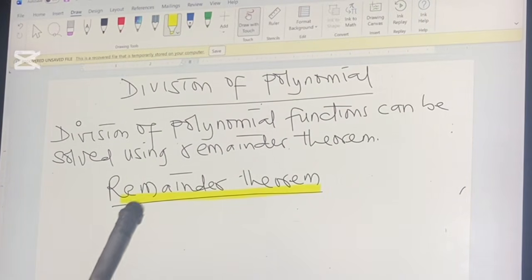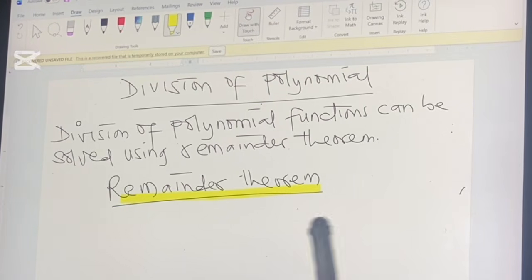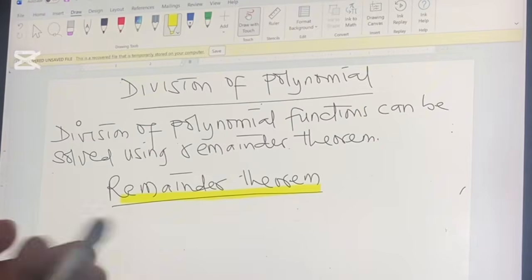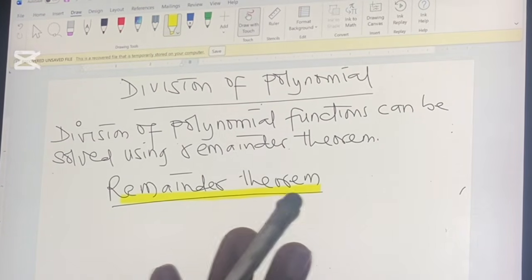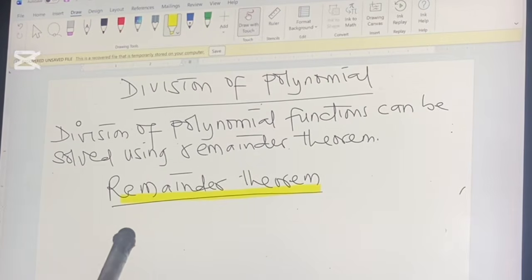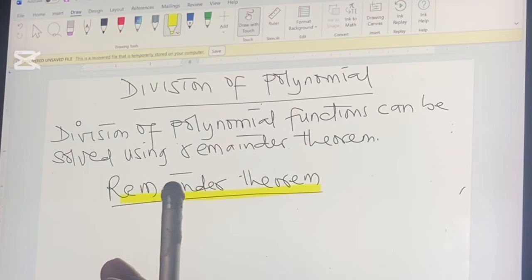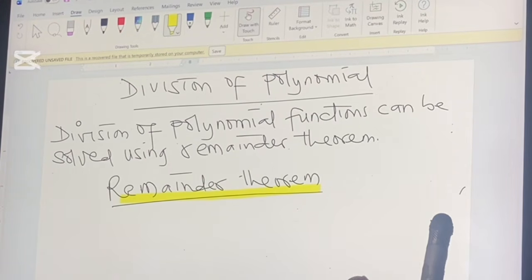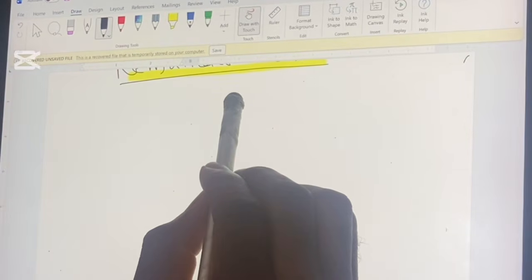So in terms of remainder theorem, we have 4 parts. We have the divisor part, we have the quotient part, we have the dividend, and we have the remainder itself. Let's know the part that stands for divisor, the part that stands for quotient, the part that stands for dividend, and remainder itself. If I have something like this long division,